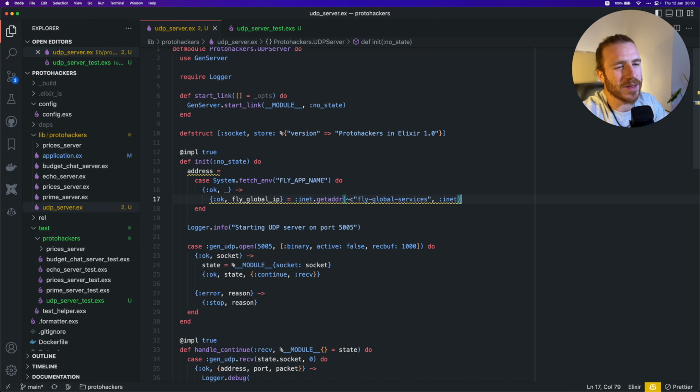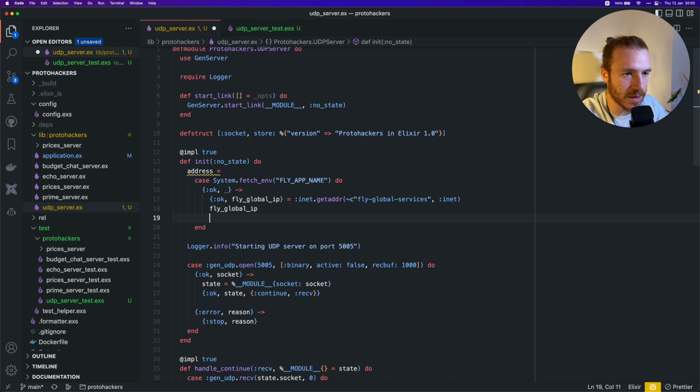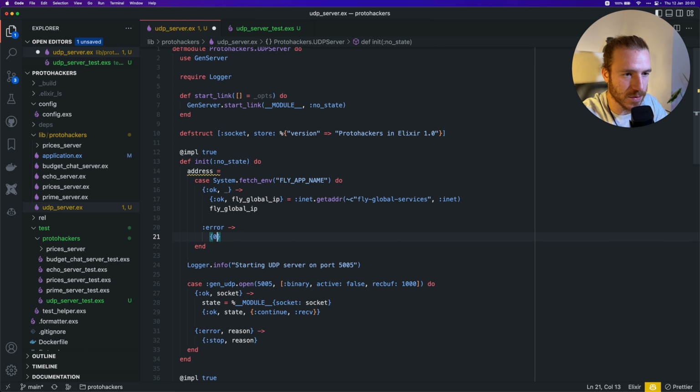I don't really want to care here if this can't resolve. If this can't resolve, our agent server can't start. Fine, our application will go down. Whatever. It's going to be restarted. It's going to try a few times. If it doesn't work, it doesn't work. Okay. And I return the fly global IP so that I set it to address. If this environment variable is not set, then I just return 0, 0, 0, 0.